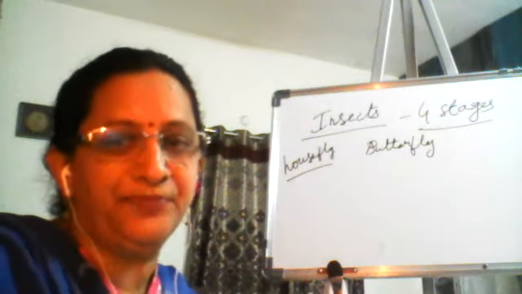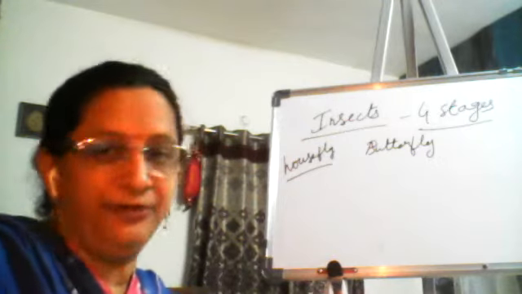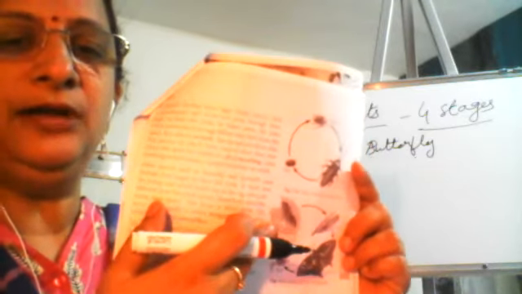I say it is the butterfly. So let's look at figure 3.9. If you observe the figure given here, you can clearly see the eggs which are laid on the leaf or behind the leaf. From the eggs, the small larva that is called caterpillar develops,